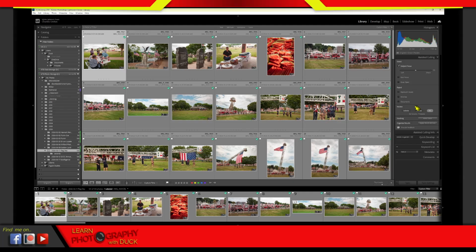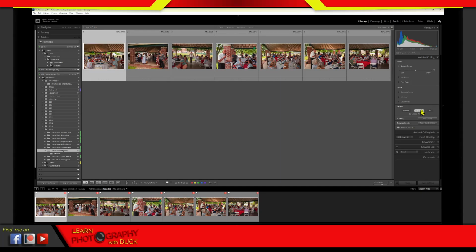So that means that all your images are going to remain in the preview panel, okay? But I just want to see the reject. So what I'm going to do is I'm going to come where it says rejects, and I'm going to click on that. And here, it's just going to present me with all the images that the camera or the software